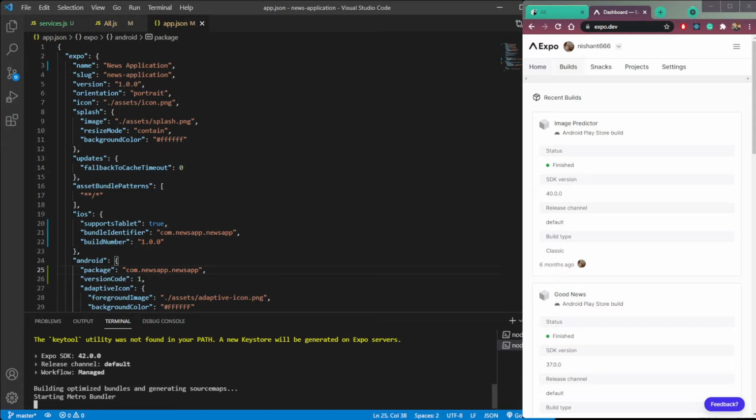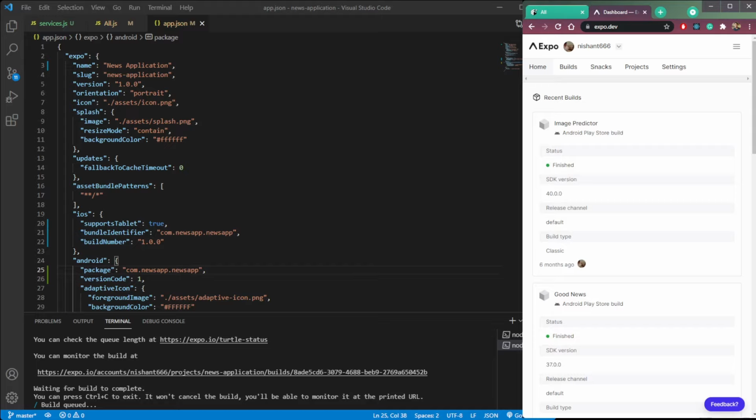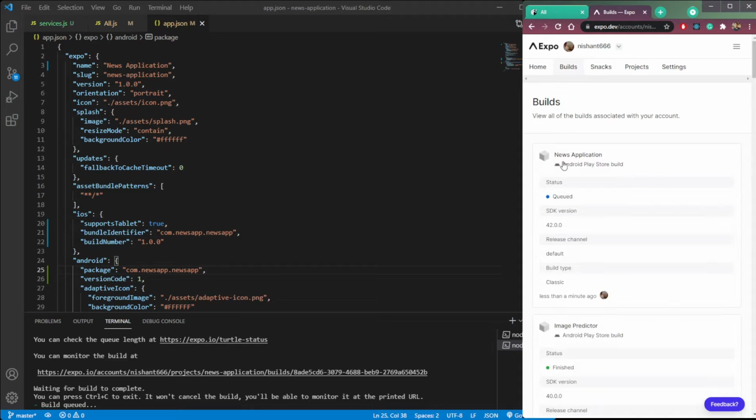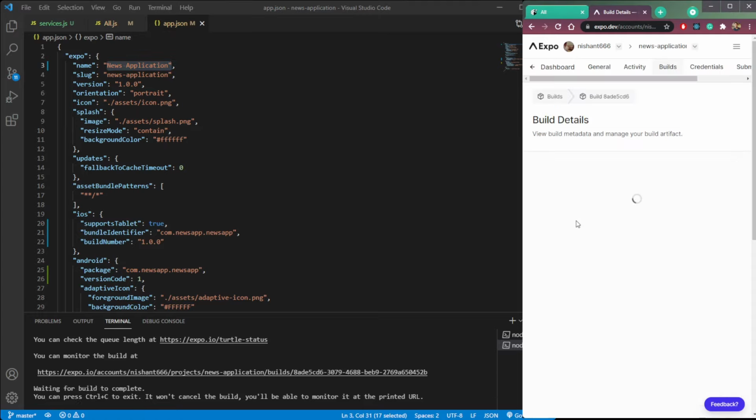So wait for it. Now after all that, you will see we are getting a message here that build has been queued. It is in the queue. So if we refresh our expo page, you will see the latest build here. So as you can see, we have the news application, this name, and it has been queued.